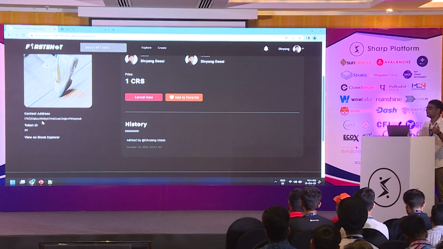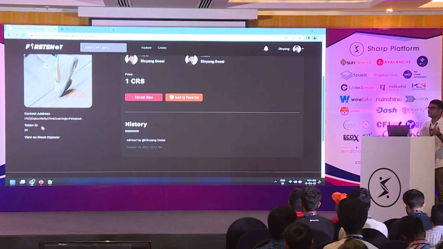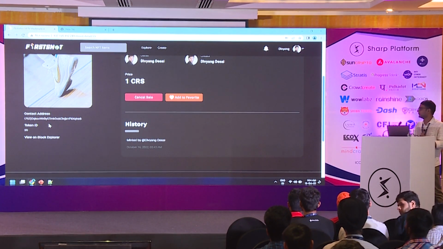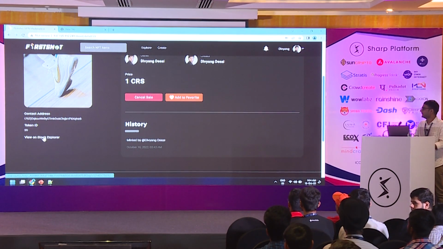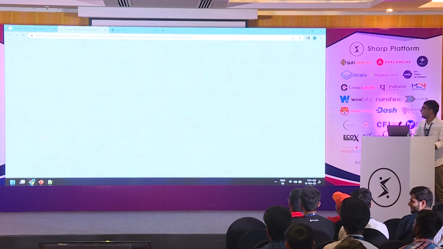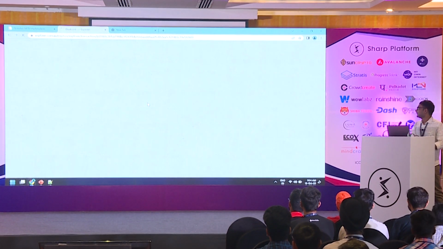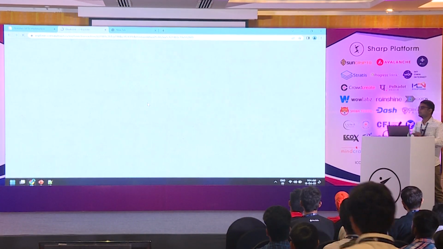I get this token ID, and if I'm a technical person and want to verify whether it is on the blockchain or not, I can simply go and view it on Block Explorer. It will open the public Block Explorer where I can verify whether it is a valid transaction or not.